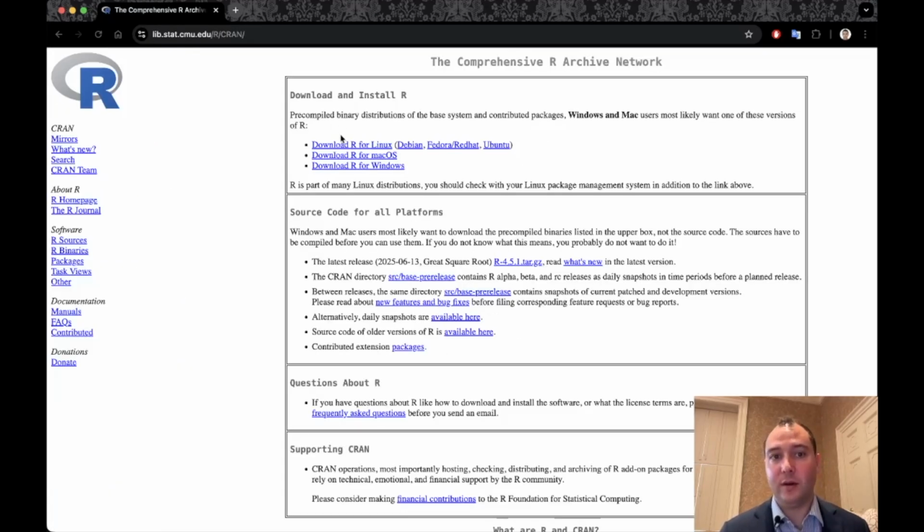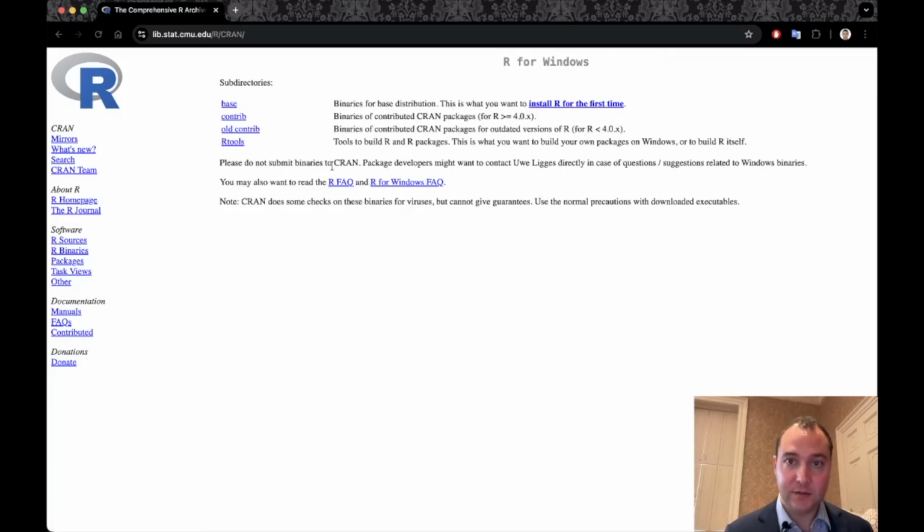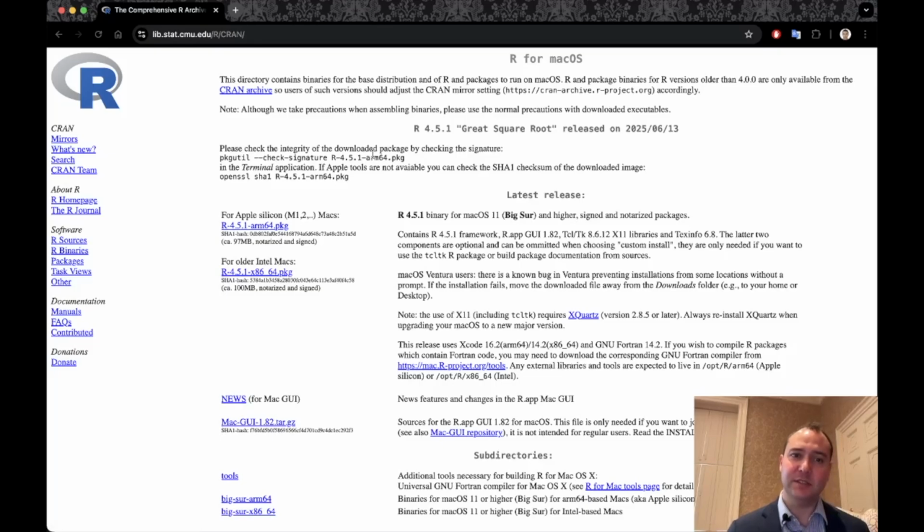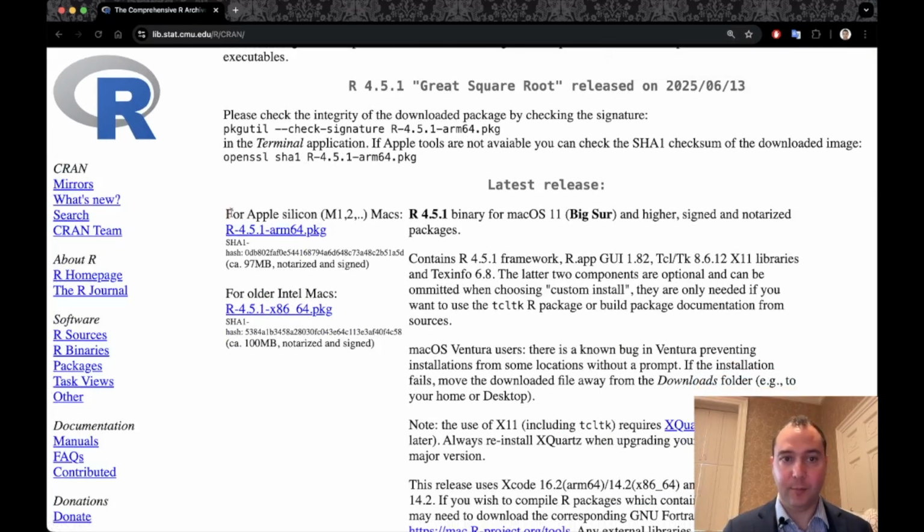Okay, and now I can just choose which operating system I'm using. So if you're using Linux, you could choose the first one. Currently, I'm using a Mac. If you are using Windows, just click whichever one is right for you. If you click Windows, you can go over here and click Install R for the first time, if it's your first time. If you are on Mac, the options are a little bit different looking. If you come over here to this area, there is one on top for Apple Silicon. There's one on the bottom for older Macs, so depending on which version you have. So I would download this version here